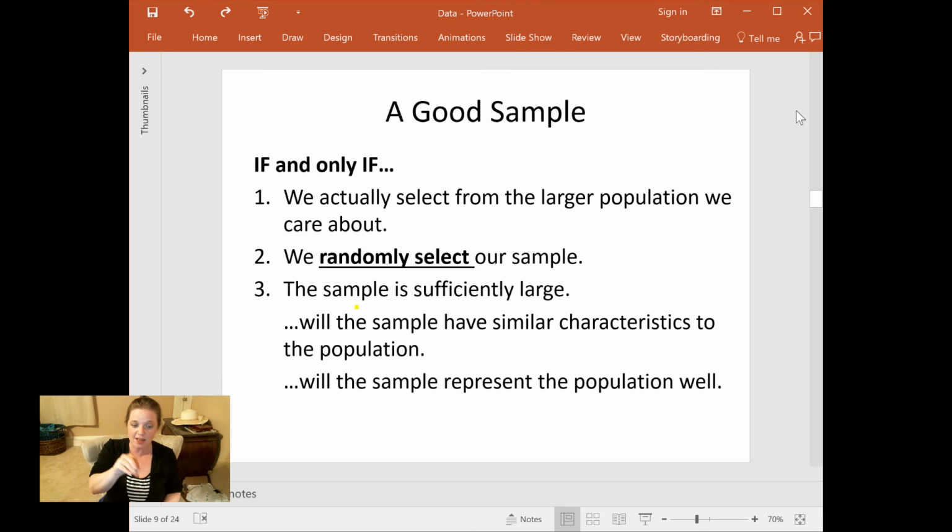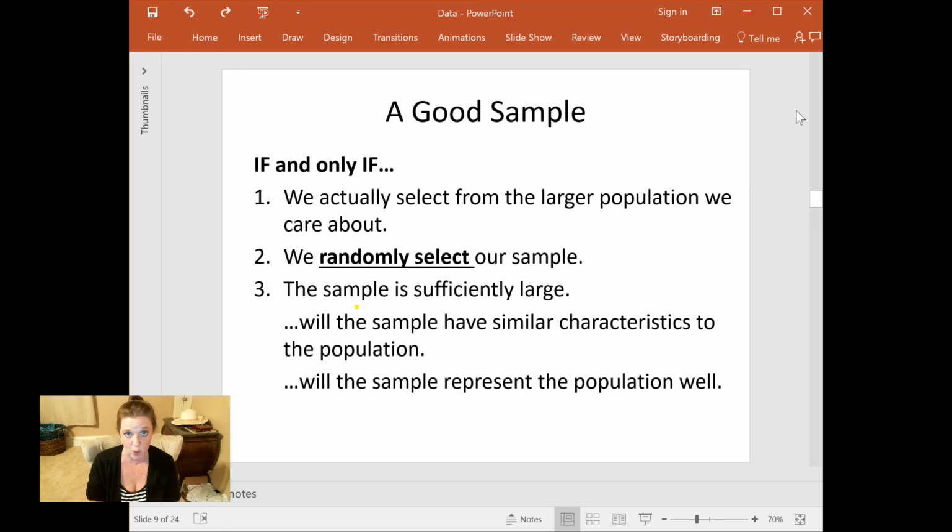You're going to be selecting some people from your population, right? You're going to be in my sample, you're going to be in my sample, and you're going to be in my sample, but you need to do so randomly. You have to randomly sample them, randomly select them, right? And then you're going to have a much better chance of getting a sample that looks like your population.